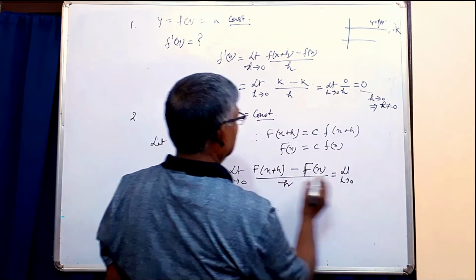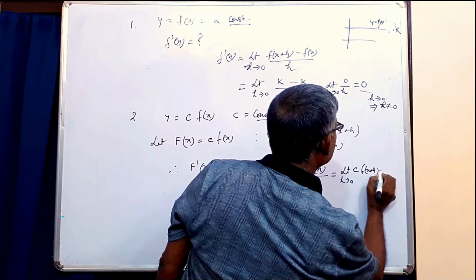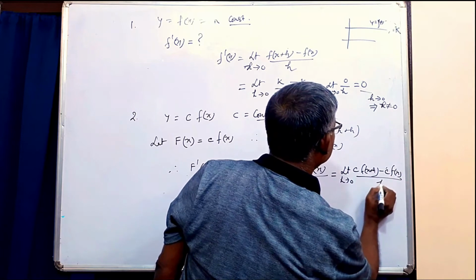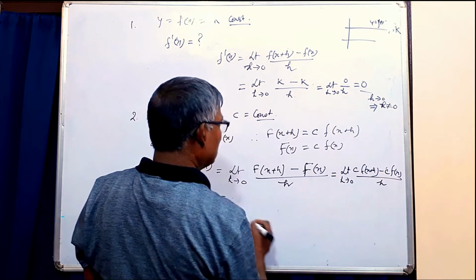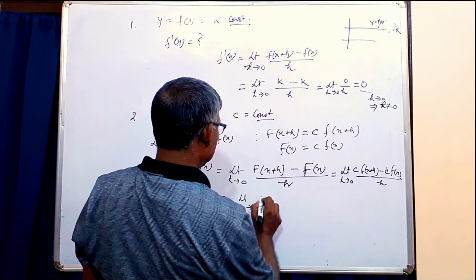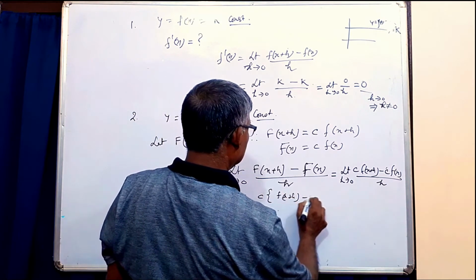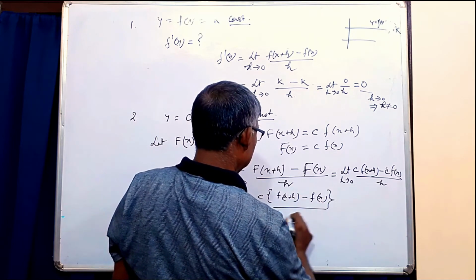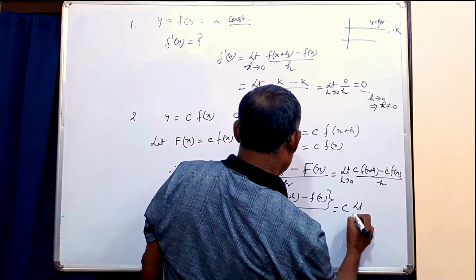Here you see it is c into f x plus h minus c into f x by h, that is, you take c common, limit h tends to 0, c into f of x plus h minus f x by h. This can be written as c into limit h tends to 0,